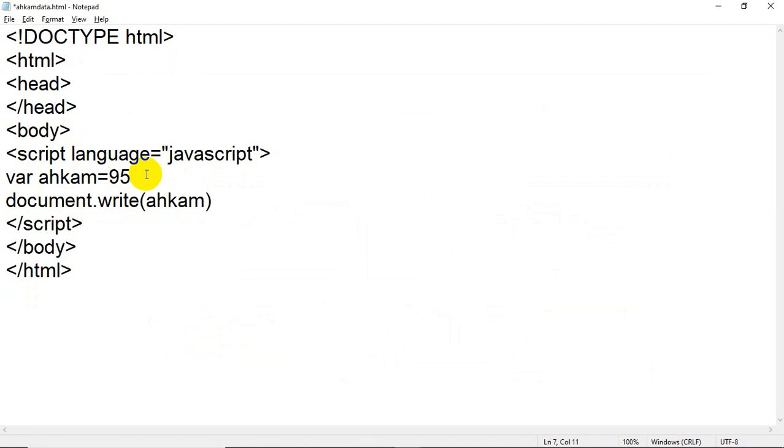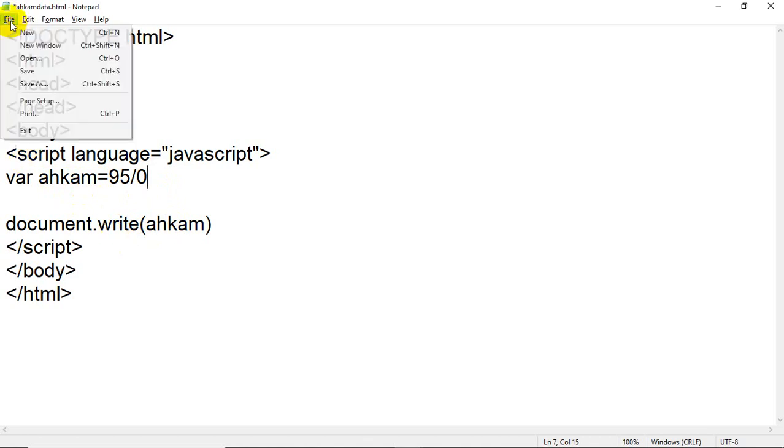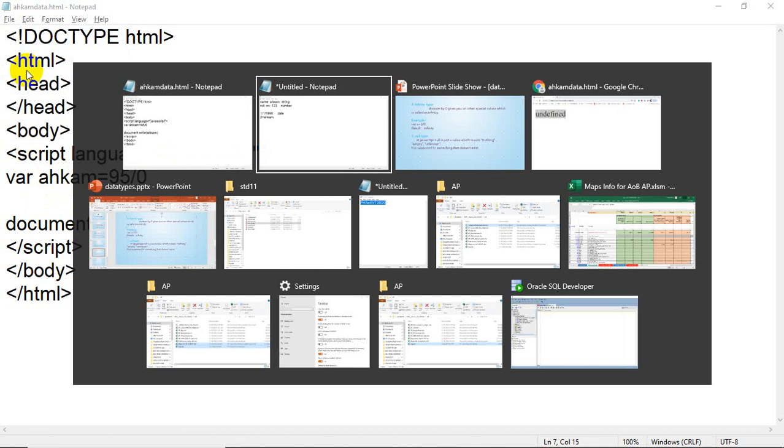Now I am going to divide it by 0, where acom equals 95 divided by 0. Now I am going to access it. When you save the file, flip back to your browser and refresh the file, what are you getting? You are getting infinity.